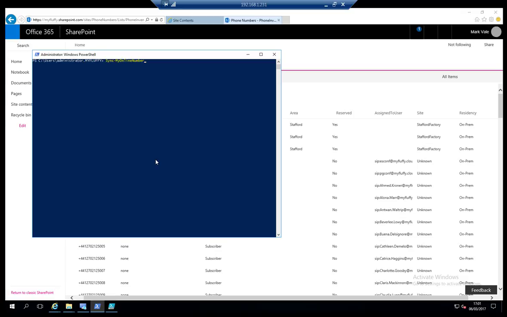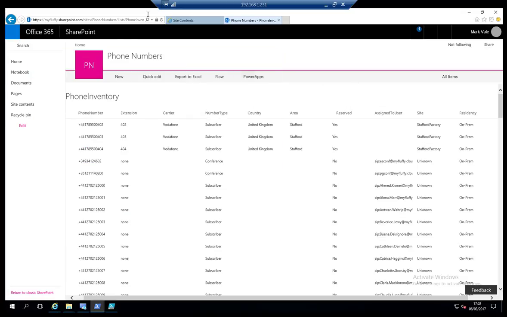So again, like I said, this command accepts no parameters. We just click enter. We can see that here we've got the numbers getting added in from Cloud PBX, and we're synchronizing the cache. So if we refresh this page,